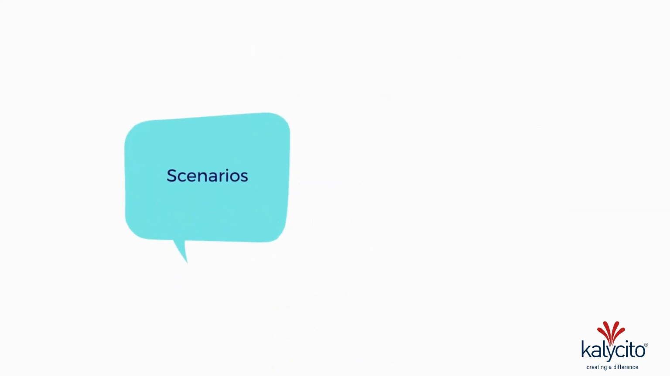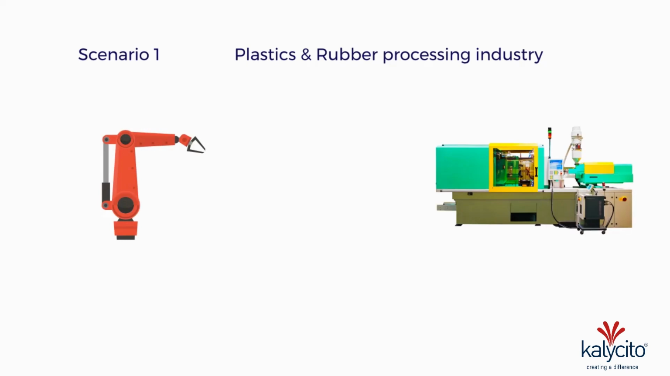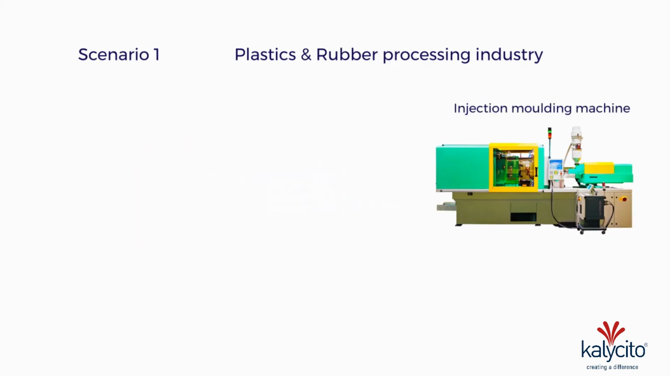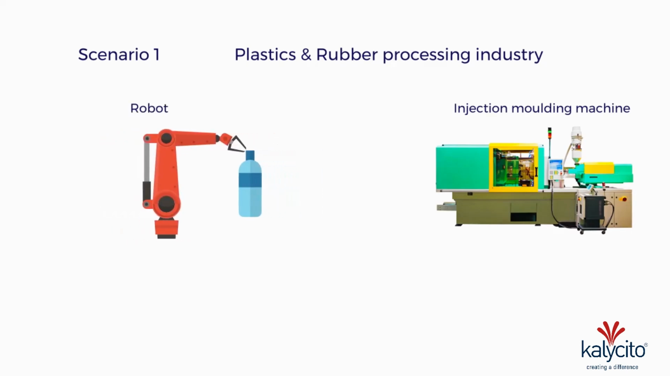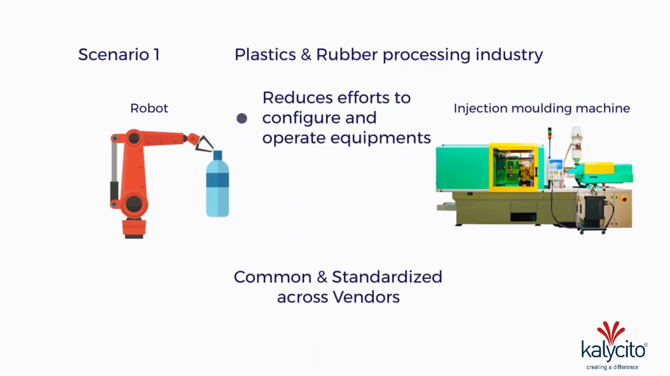Let's take a look at some scenarios that can help you visualize the benefits of companion information models. One scenario is in the plastics and rubber processing industry, where robots and machines from different vendors are expected to operate together seamlessly. This can involve operations such as an injection molding machine making a part and a robot removing that part from the machine. Irrespective of which machine or robot vendors are involved, operations such as removing a part from the machine are common and can be standardized across vendors. This reduces the efforts to configure and operate equipment from different vendors, thereby reducing integration costs for the end users